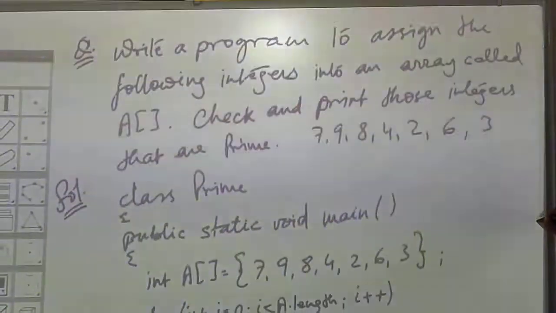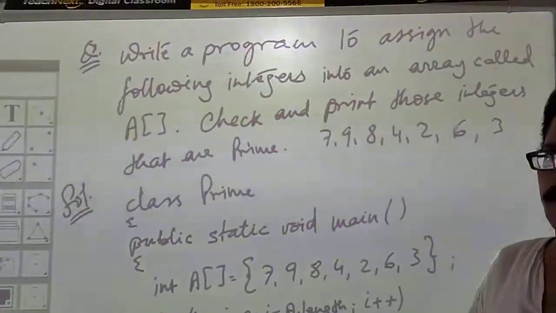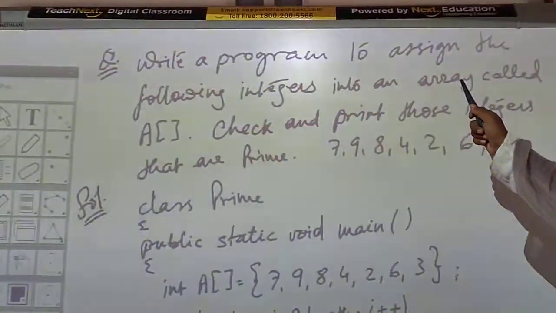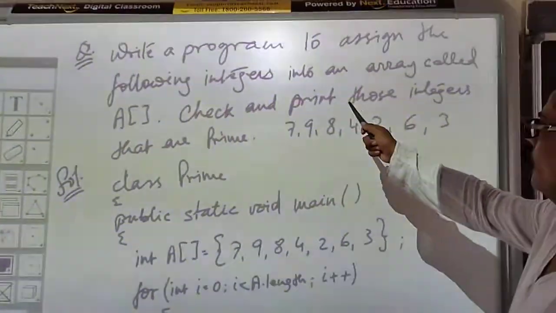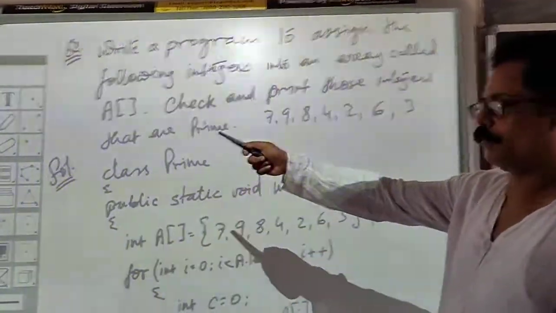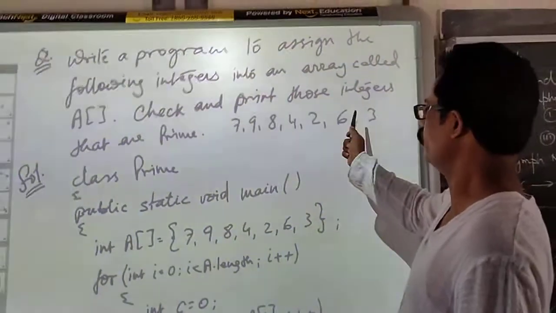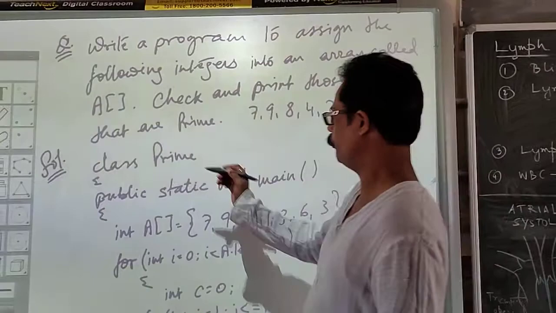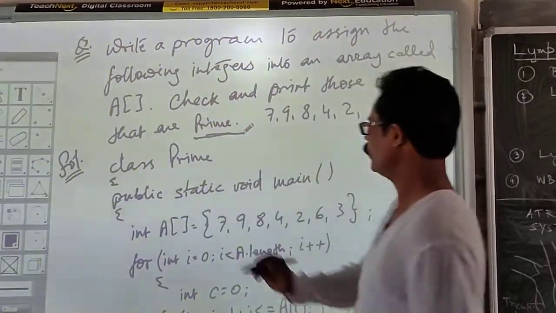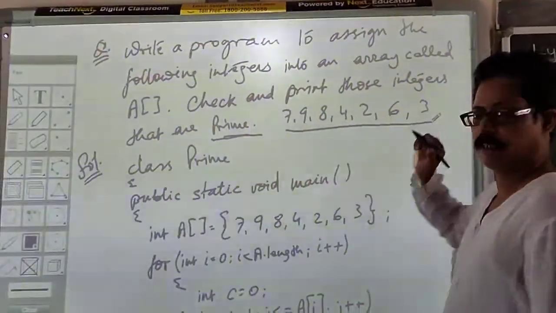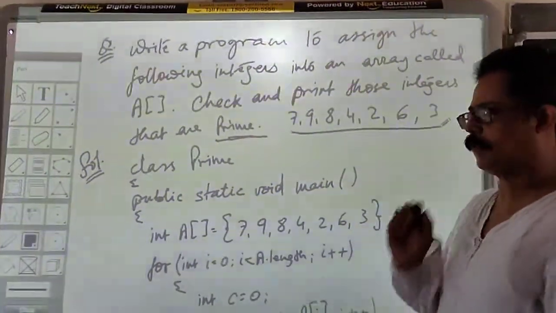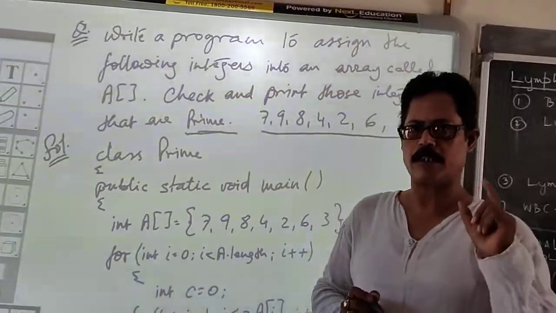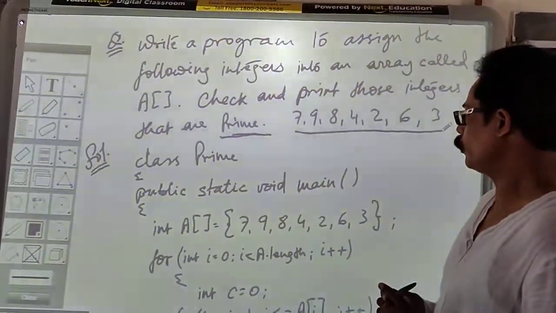Here, if you look at this particular question, the values are given in the question itself. Write a program to assign the following integers into an array called A. Check and print those integers that are prime. So our main concern is to print those which are prime. The values are given in the question itself, so if ever the values are given in the question, not as an example, mind you, not as an example,